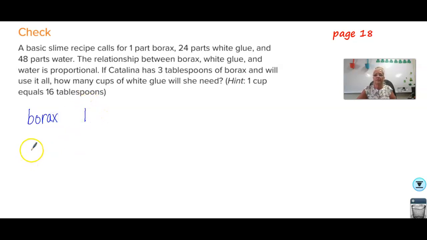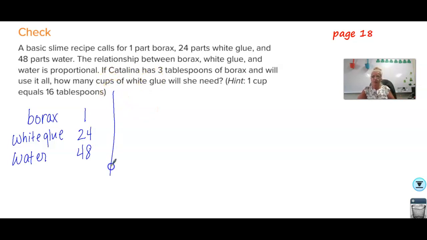1 part borax. For white glue, we need 24 times as much white glue as we have borax. And then for water, we have to have 48 times as much water as we have borax. The relationship between borax, white glue, and water is proportional. They have to say that. If Catalina has 3 tablespoons of borax and will use it all,